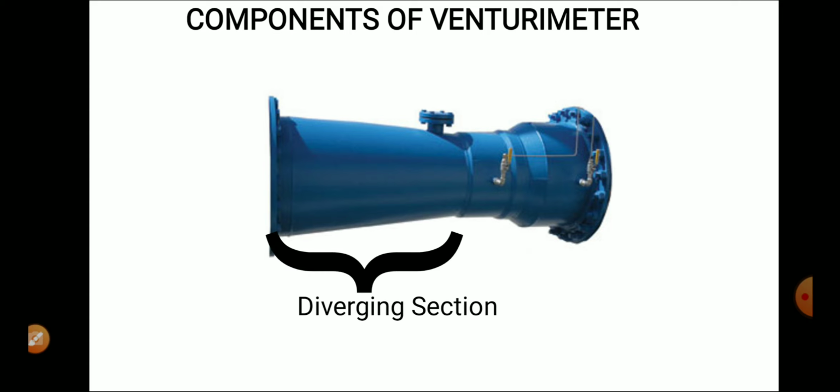D. Diverging section. This is the section in which the stream area changes back to the entrance area. The recovery of kinetic energy by its conversion to pressure is nearly complete and so the overall pressure loss is small. To accomplish a maximum recovery of kinetic energy, the diffuser section is made with an included angle of 5 to 7 degrees. This angle has to be kept small so that the flowing fluid has least tendency to separate out from the boundary of the section.